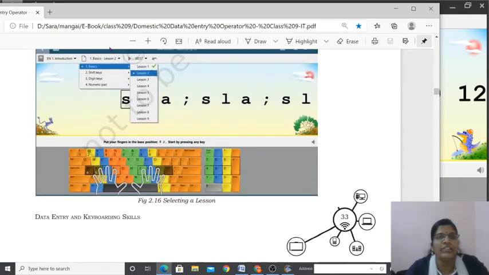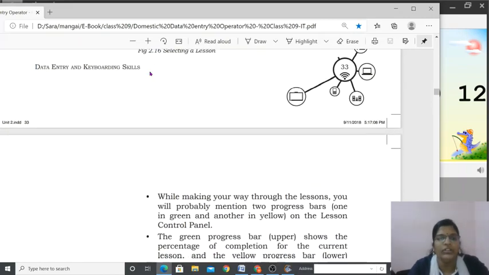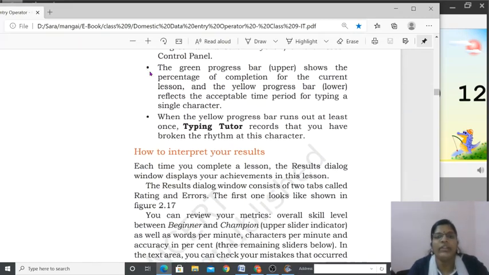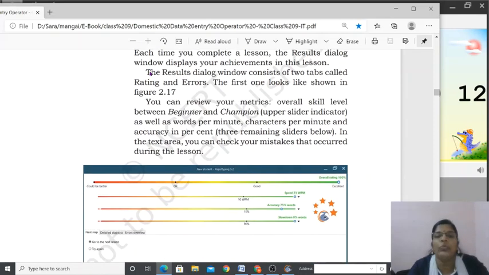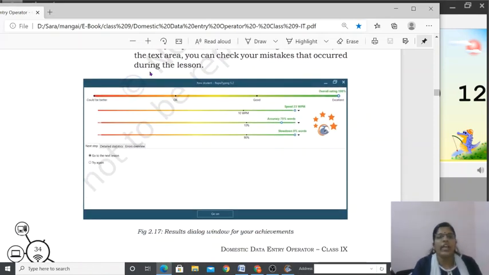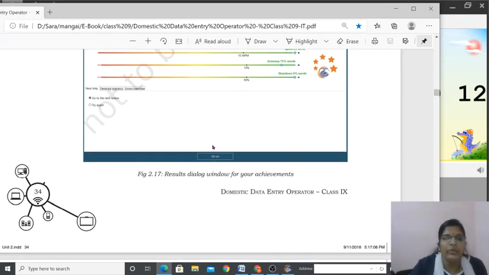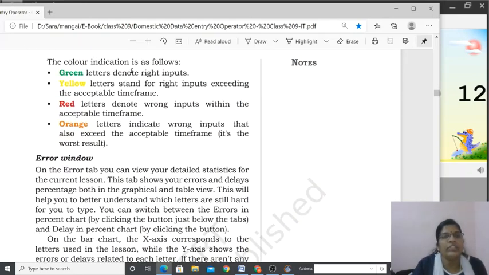Okay, so did you understand? This is the way we have gone through basics lesson 1, and we are in lesson 2 now. Whatever we have done is explained over here in this chapter. Once after typing, you can see the result. The interpreter gives you the typing result. You can see different lines with green, yellow, orange and red color. Let's see what they mean. So green letters denote the right inputs. At the first attempt itself, if you have written correctly, then you can see green color.